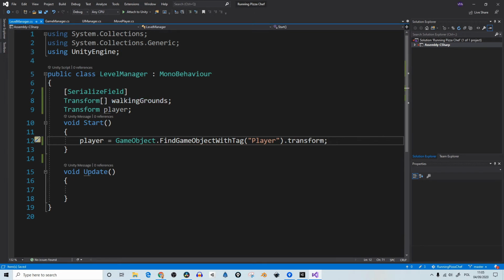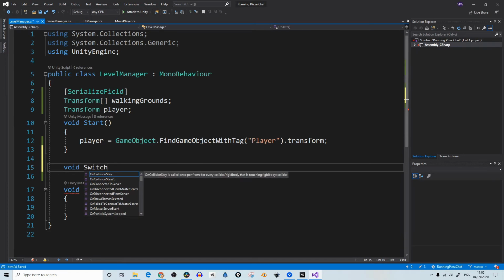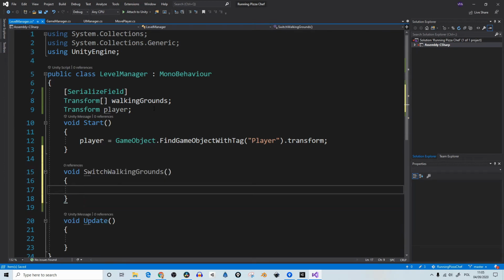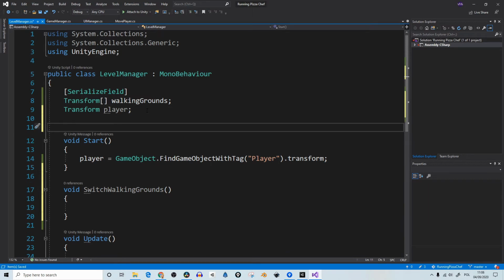We would need to move this ground or switch the ground. So maybe let's call it switch the ground. So I will create a new method and call it switch grounds or switch walking grounds. We need to know what is the current position of this walking ground and what would be the next position, and we need to know how much we need to shift it. So let's go below and maybe let's create